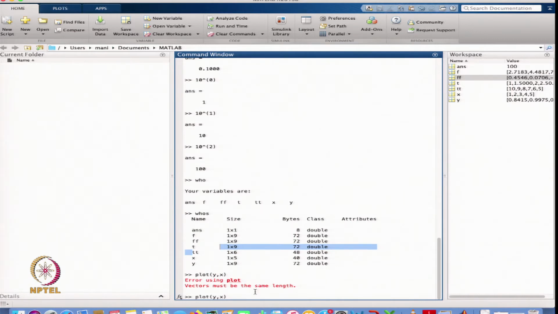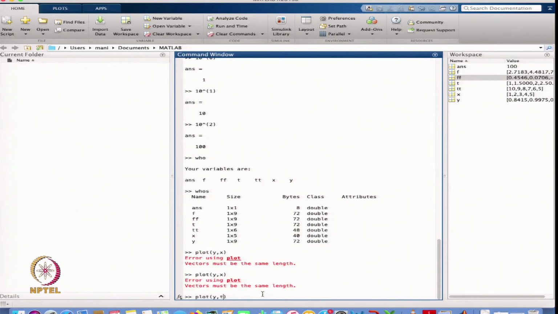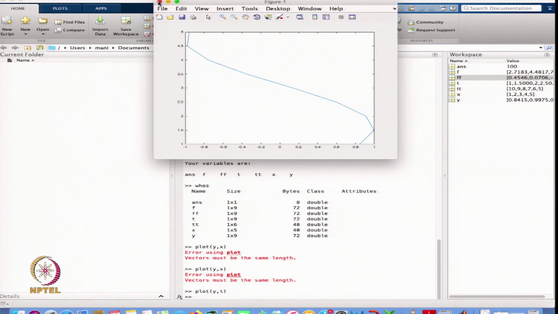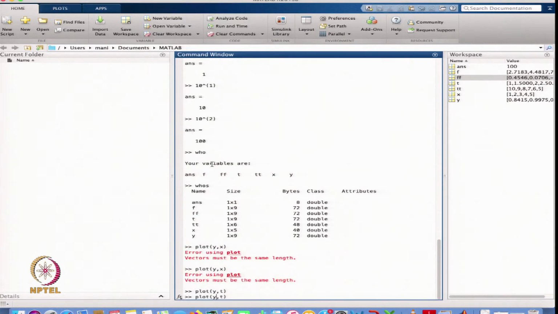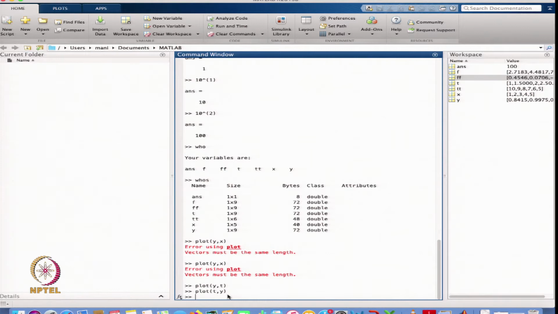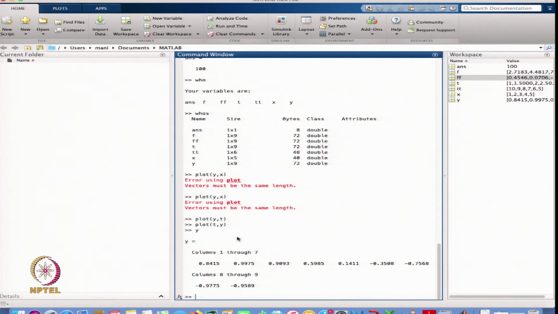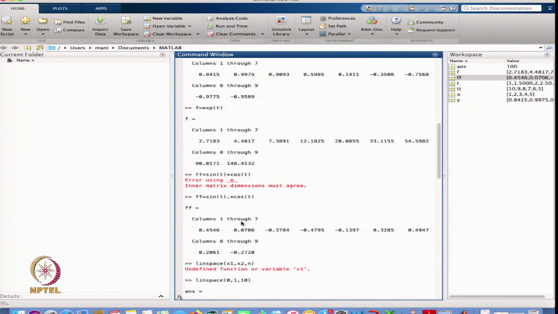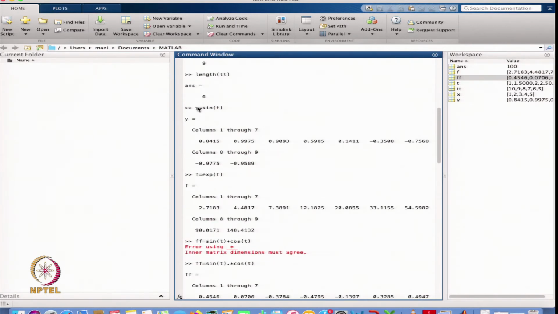So I want to plot y with respect to t. I have to write t as the x variable and y, and that is the plot. And y was this vector, defined as sin t.